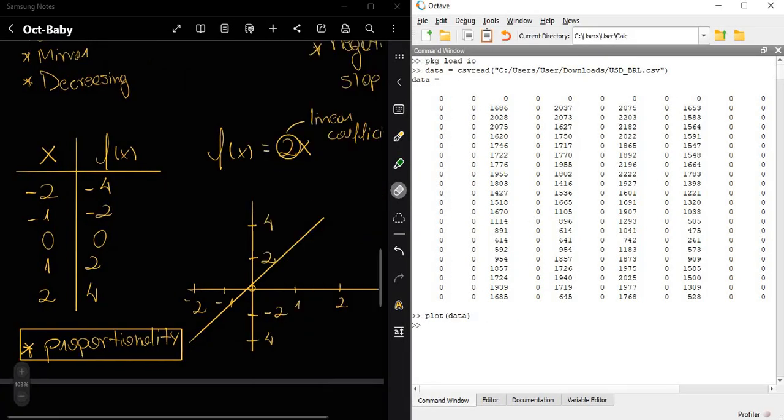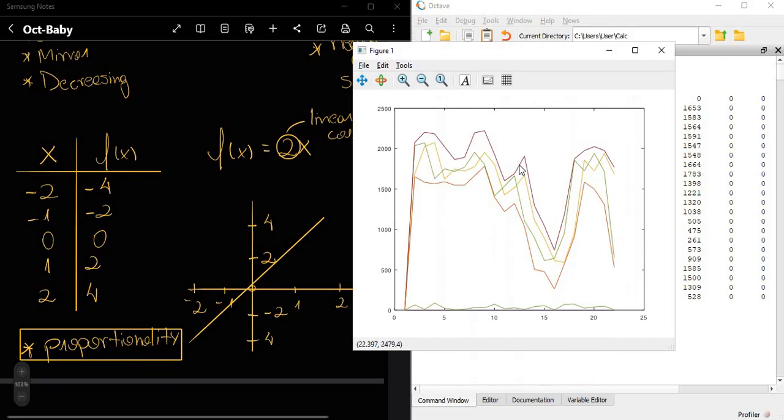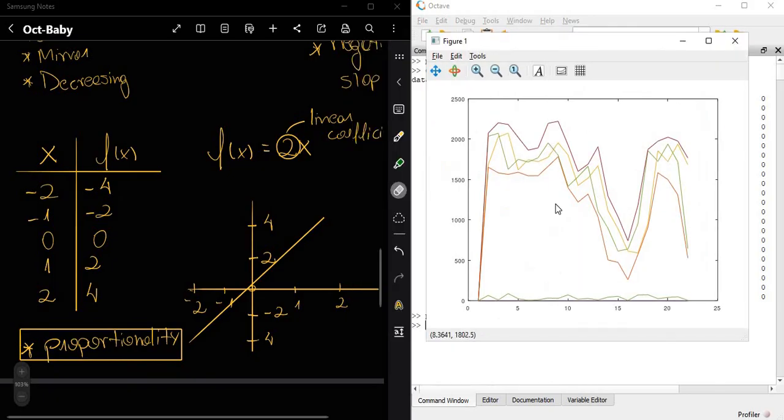Okay, so if you wanted to do a validation, take a conclusion of some specific month or day, we can isolate some section.